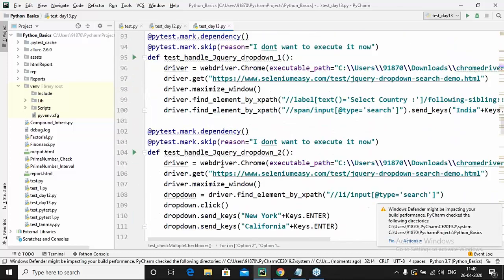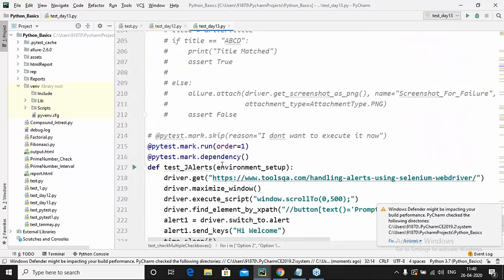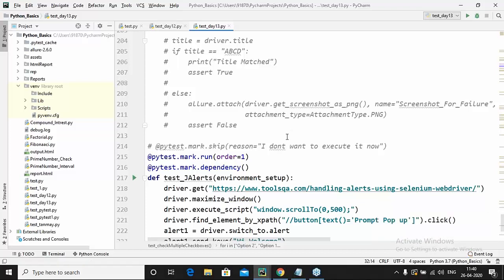So these are the things that we discussed in the last UI session. There are multiple projects that we have discussed. Similarly, we will discuss the same here also. We also have reporting things.